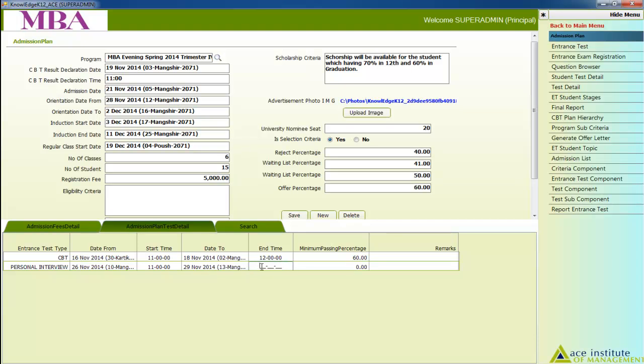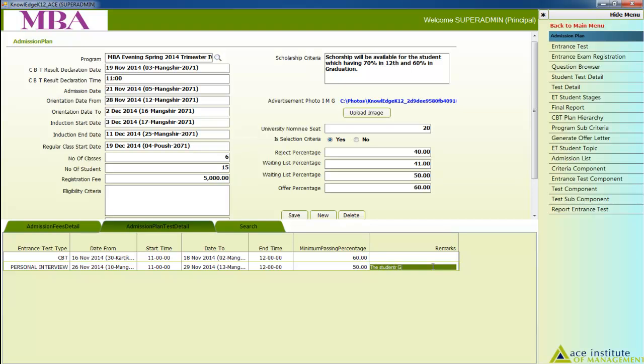Then the time is. The passing percentage for the personal interview, the next step after the CBT, is 50. If there is any remark, then make it like personal interview,